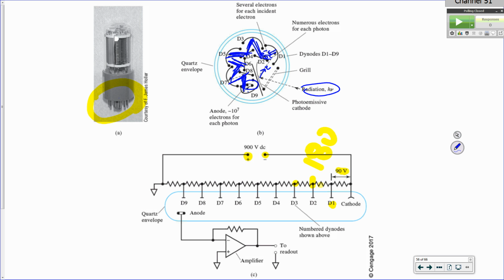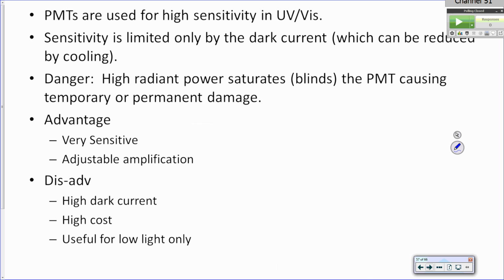Okay, so there's some things that we can do to even make them more sensitive. One of the things that we can do is cool them down. PMTs are commonly used for high-end instruments in the UV-vis, where you need high sensitivity. The sensitivity is limited only by the dark current, which you can reduce by cooling it. So if we need high sensitivity detection, we'll take this detector and immerse it in liquid nitrogen or liquid helium. Take it down to 77 kelvins with liquid nitrogen, or take it down to